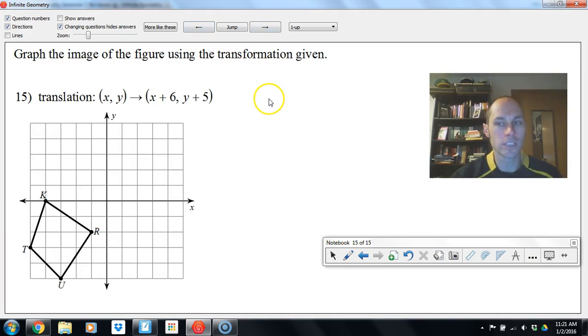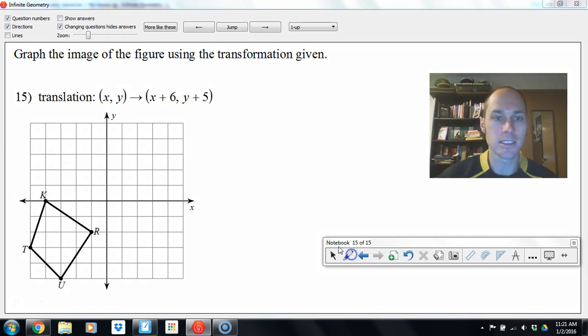Now let's get into transformations. Translate. That means we're moving the figure. It's a rigid transformation, so it maintains the same shape and size since all the points are moving the same. So (x, y) arrow (x + 6, y + 5). What's happening? Well, they're going right 6 on the x-axis, and adding 5 on the y-axis means we're going up